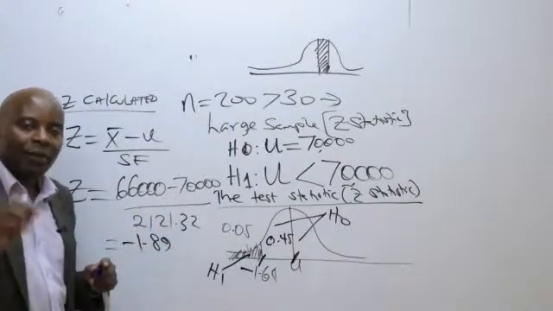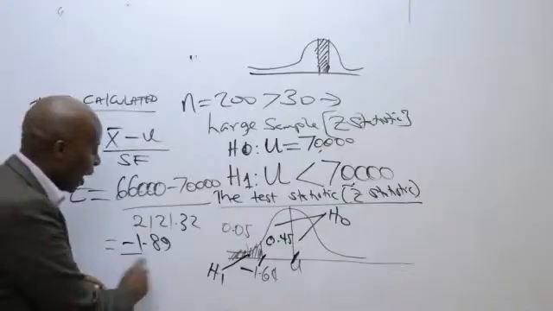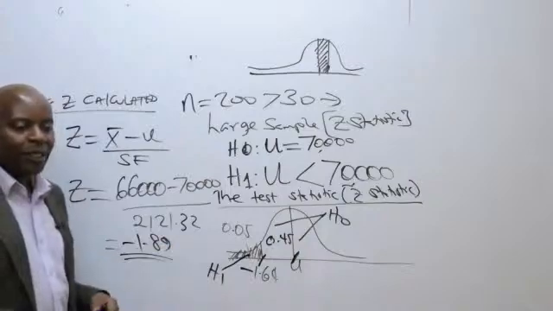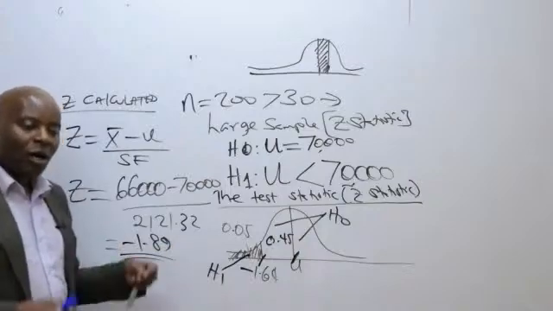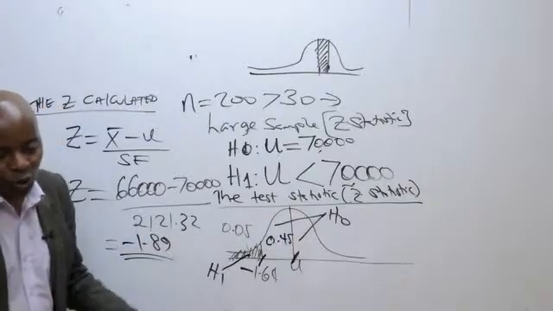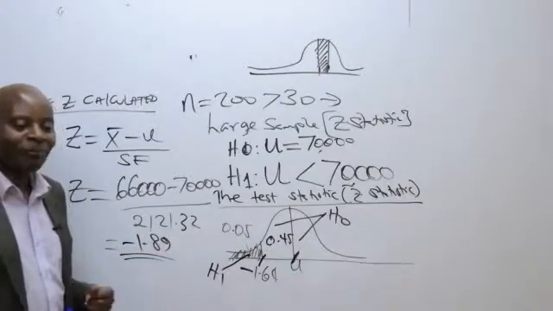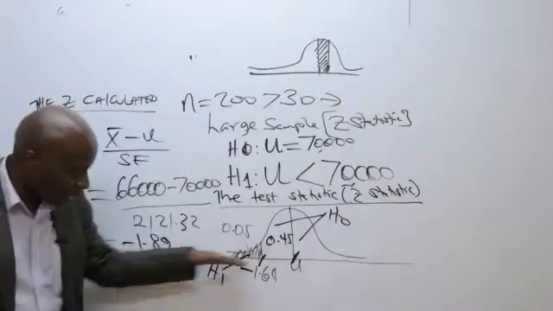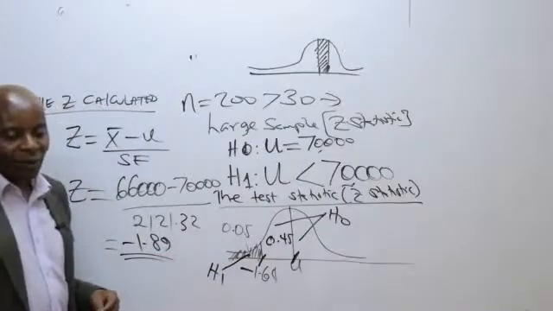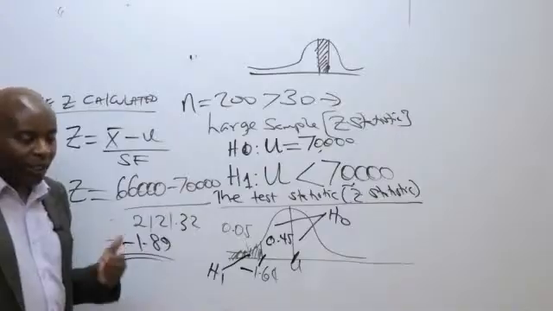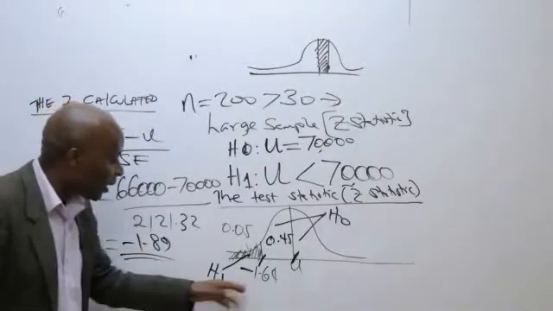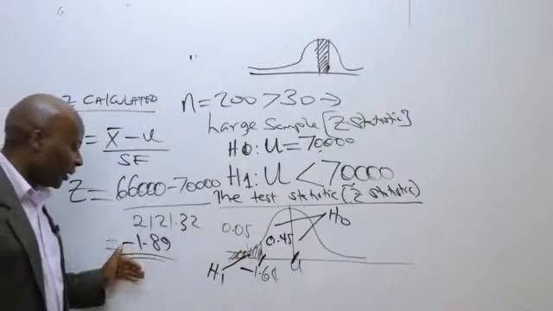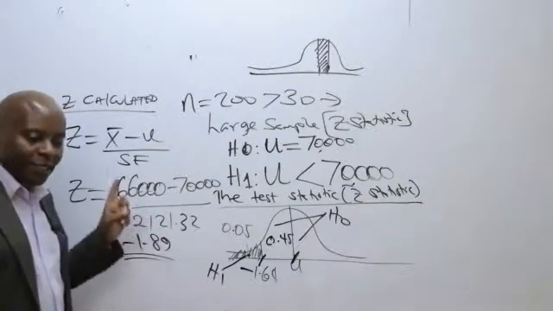Now, ladies and gentlemen, having marked yours like that, could you kindly advise me, this negative 1.89, where does it fall on your diagram here? Is it falling in the shaded region or unshaded region? Somebody talk to me this evening. Where does it fall on this number line? Lokai tells me shaded area. Denzel says yes, negative 1.89 is slightly less than negative 1.6. It will be falling somewhere here. So you tell us that negative 1.89 falls in the shaded area,